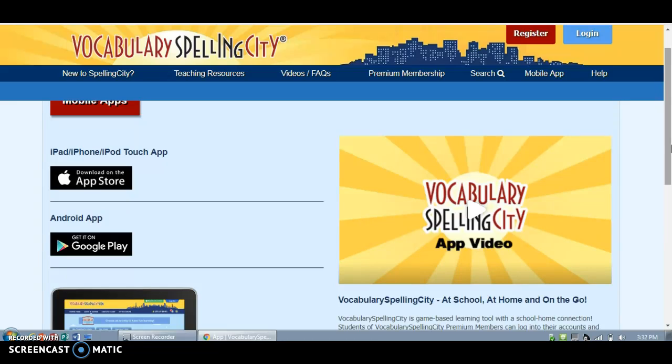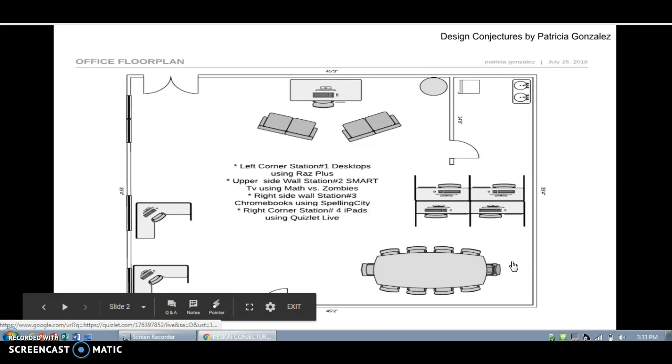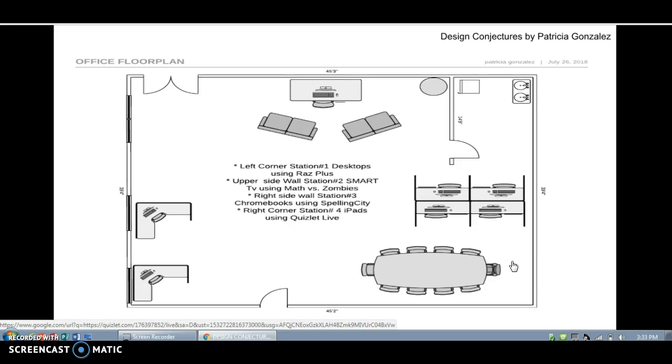to the students. I personally do it weekly, and I can just input my whole list of 10 to 15 words. And here is a video to show a little bit more about that if you want to look at it. So here it is, and it will be 3 to 5 kids as well using the Chromebooks. On the right corner is station number 4, which is for the iPads using Quizlet